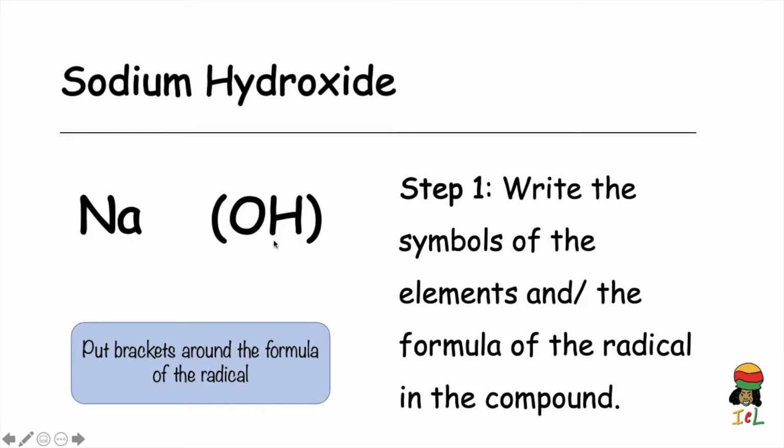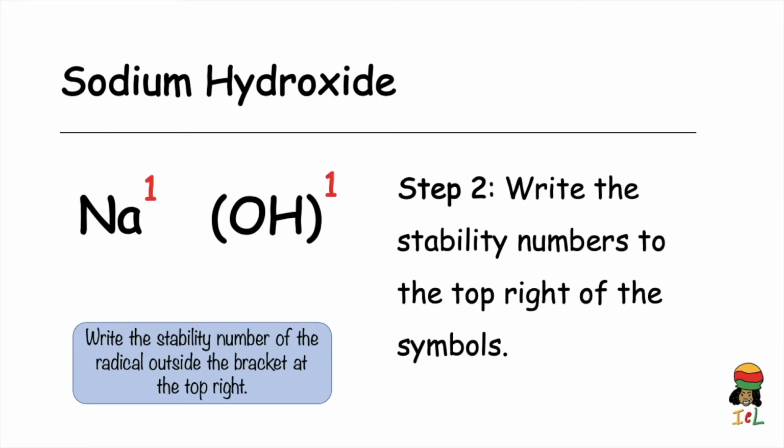Na for sodium, and OH for the radical hydroxide. Note that the formula of the radical is placed in brackets or parentheses. Step 2, write the stability numbers to the top right of the symbols. Both sodium and hydroxide have a stability number of 1. When recording the stability number of the radical, make sure to write the number outside the bracket at the top